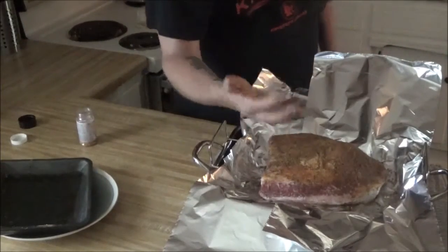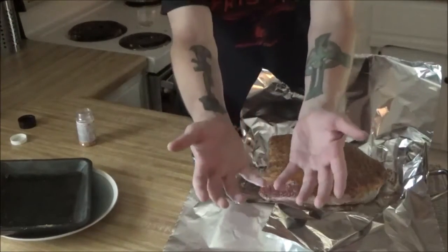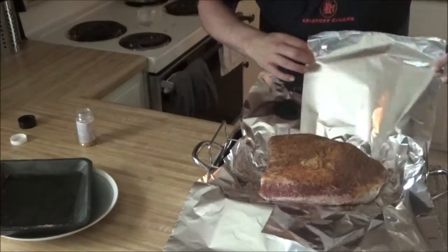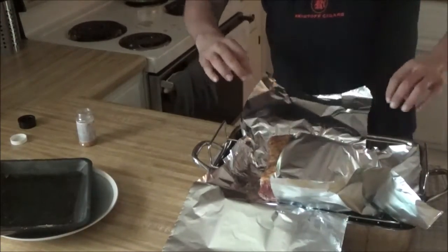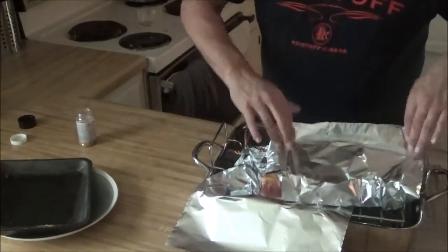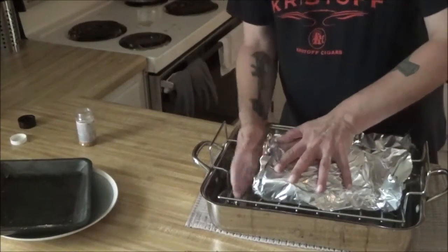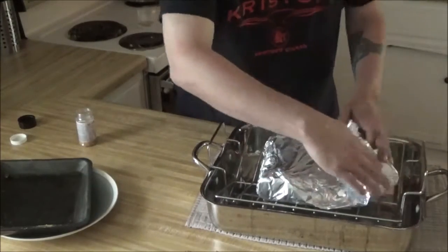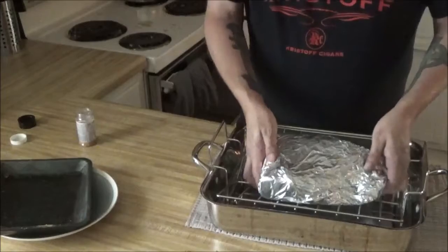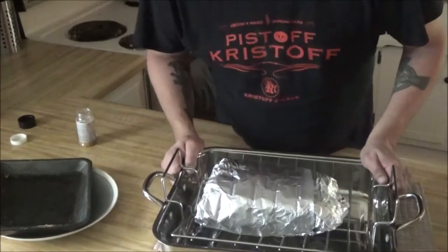At this time, I'm going to take the time to wash the hands. And now you can see with the nice clean hands, free to touch anything without cross-contamination. Gonna wrap this meat up just like a little baby, making sure that it is entirely covered, because if too much of this meat is hanging out, then you're drying it up real bad, and you can create some not so pleasant crispness. And just like that,